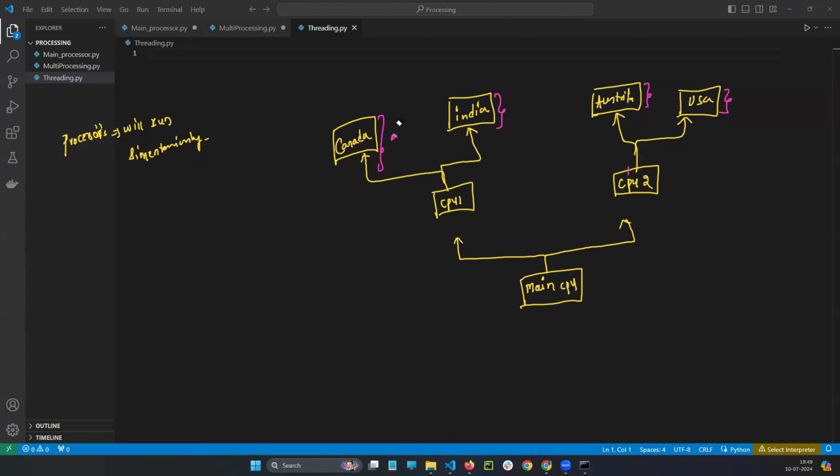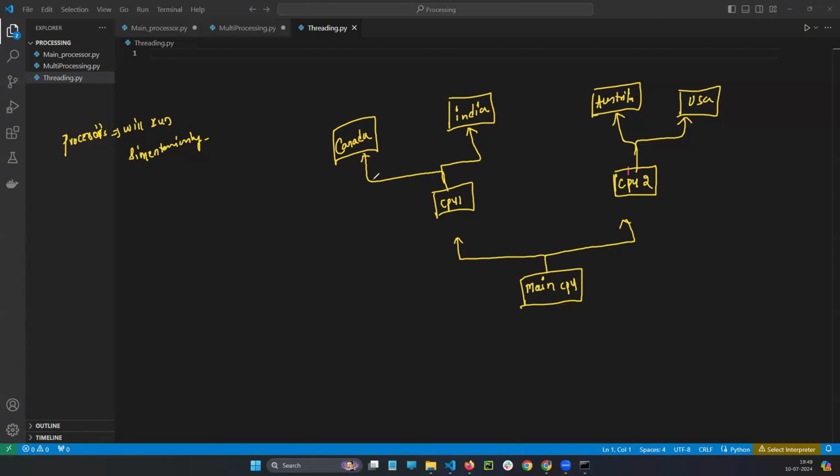One after the other, I'm telling you. But you can ask me, sir, then what is the use? Here, processes are running at a time. Got my point? Processes are running at a time. Threads will delay a little bit. So thread means, I will tell you here.